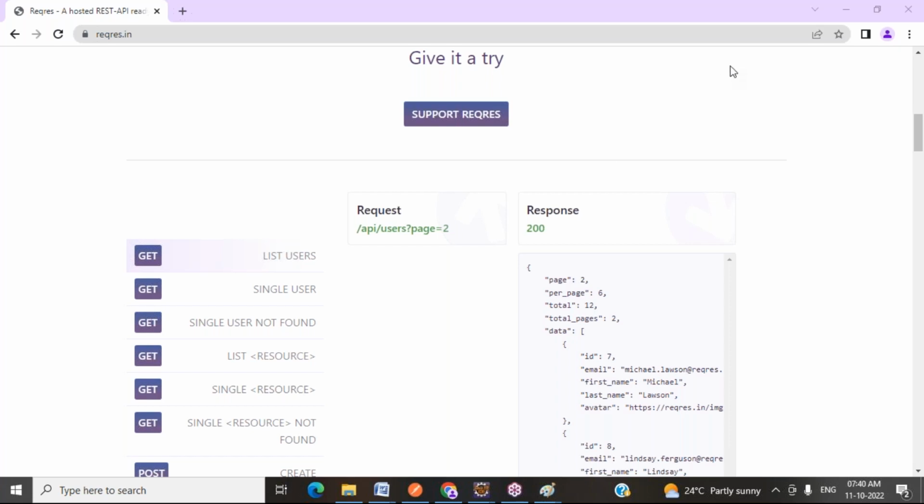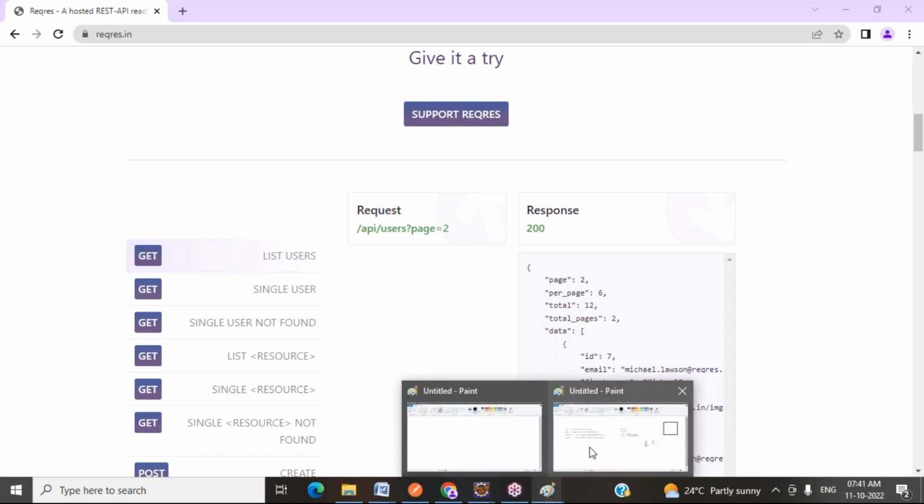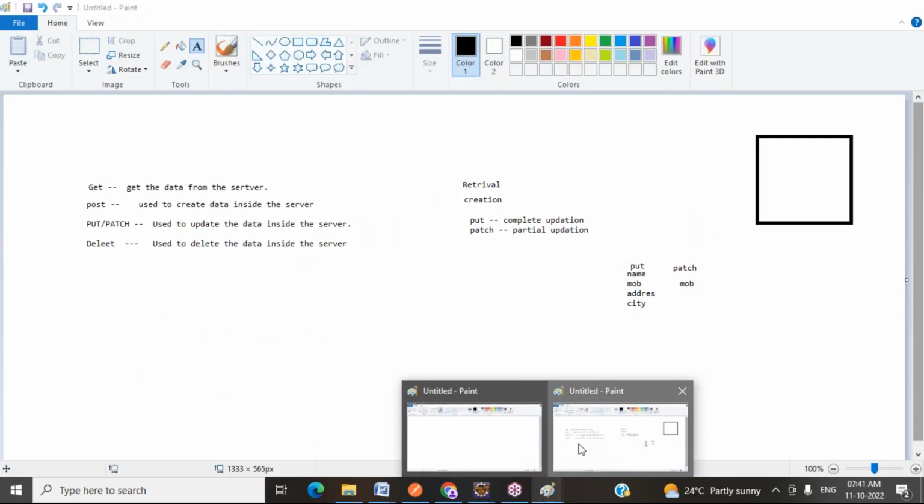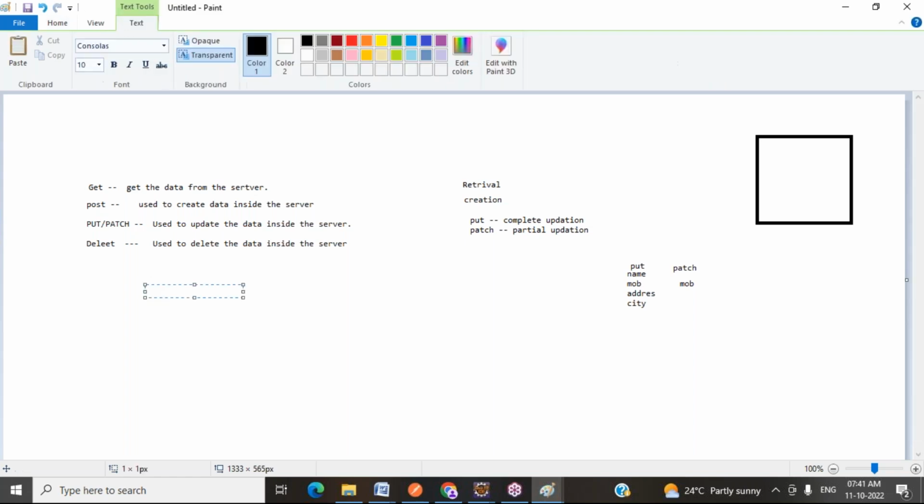Tell me, just what is that? Base URL. Are you sure? What does the base URI contain? The base URI contains the domain name